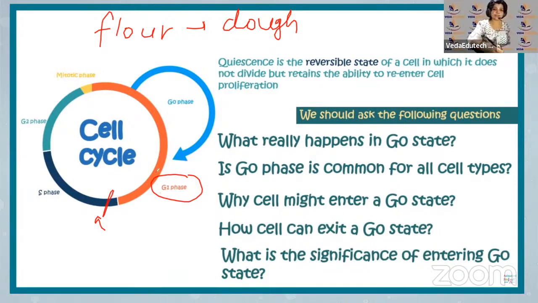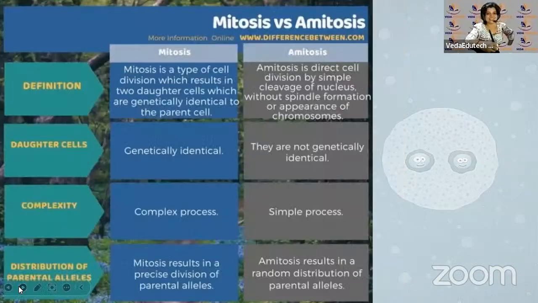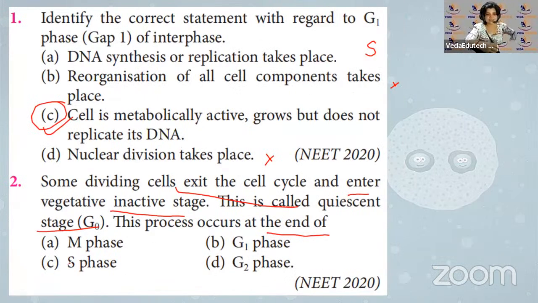So yes, if the cell has started duplicating the DNA, then it has to enter the cell cycle and divide. Make babies. Okay. So if you have to exit the cell cycle, the only way you can exit is from G1. The only way you can exit a cell cycle is when you are in G1. If you enter S phase, then you are gone. You have to divide. No escape. Okay. So back to the question.